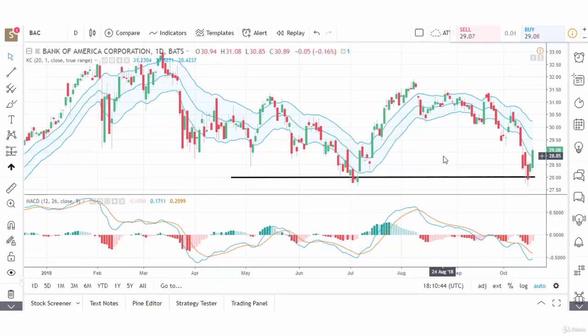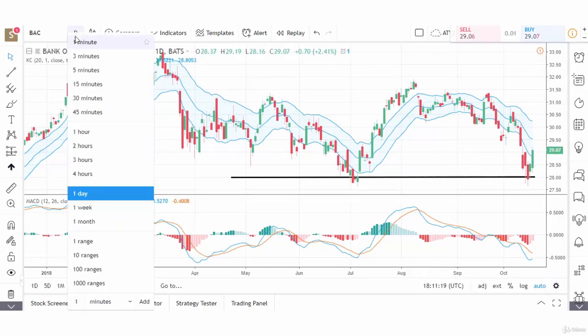So we'll use the support line in combination with the MACD, and with the stock at support and the MACD in an oversold position and about to turn up, combined with our candlestick pattern here, where we have a long red candlestick and then a reversal with a long green candlestick, we're looking to get long the stock. So let's look at the stock on an hourly chart,